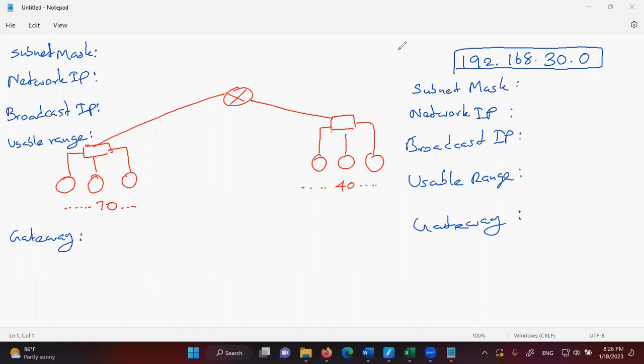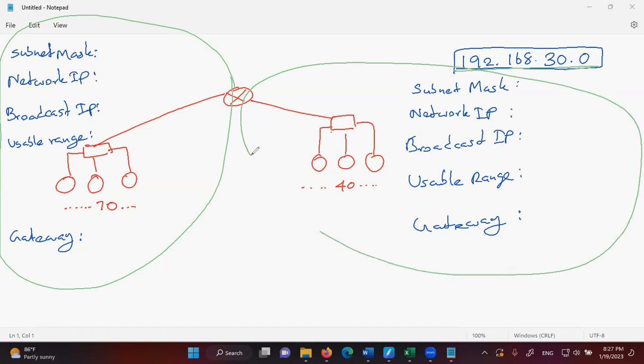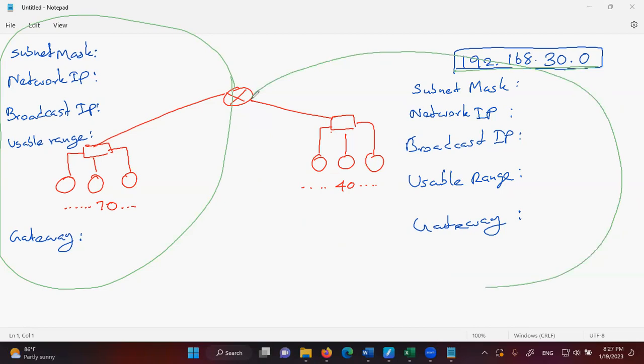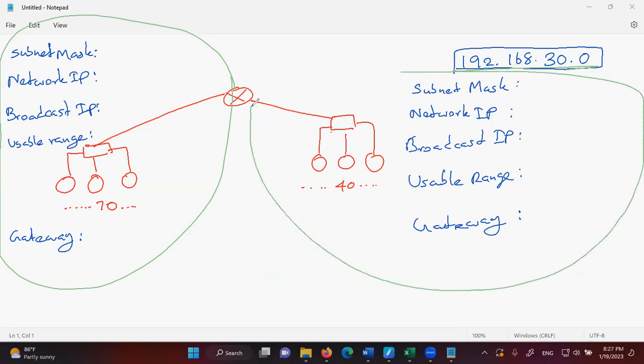So we have two segments now. So we are supposed to divide this given IP block into two segments. This is one segment. This is the other segment. So like that, we are supposed to divide this IP block into two segments now, which has 70 computers and